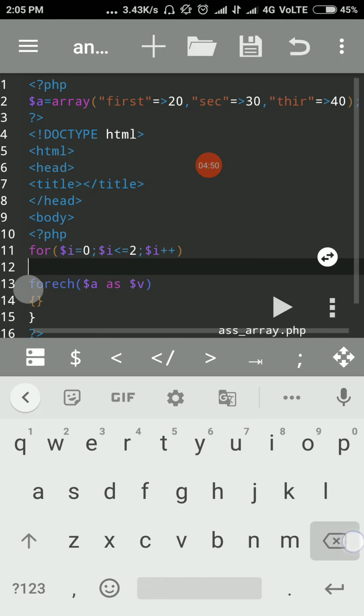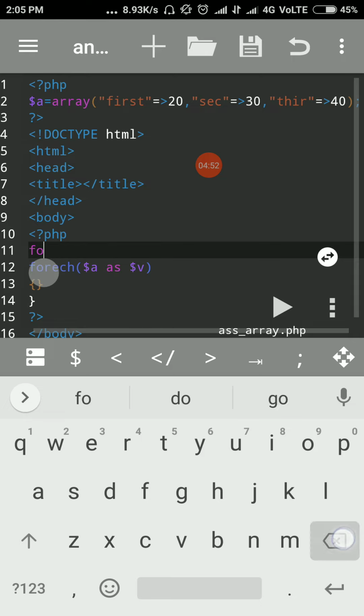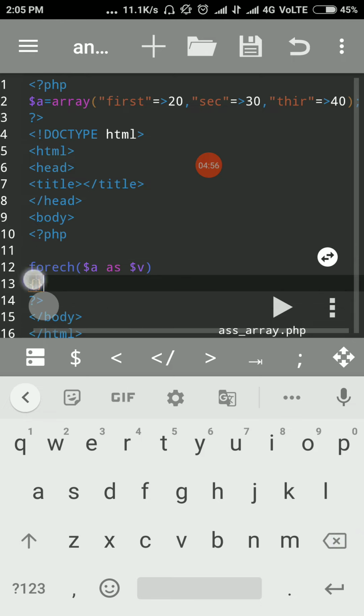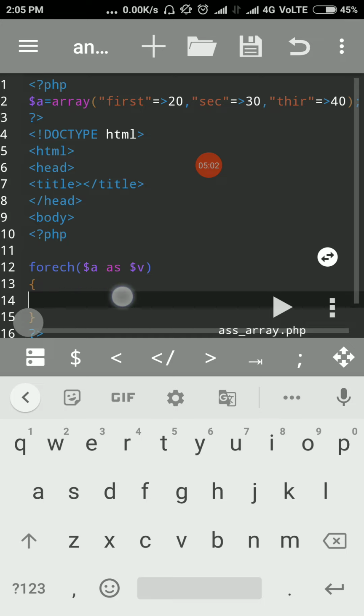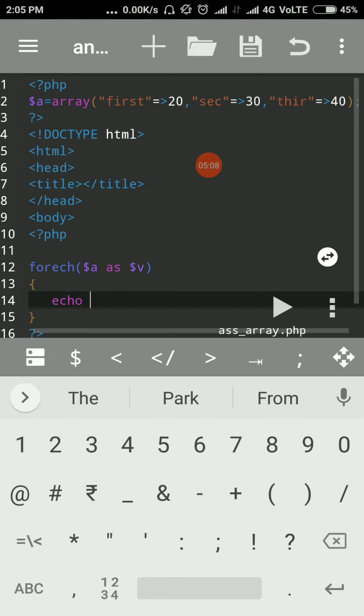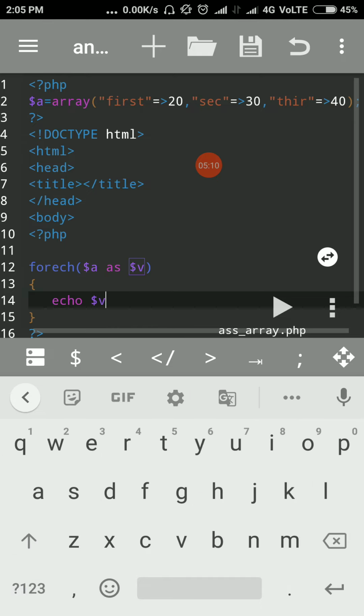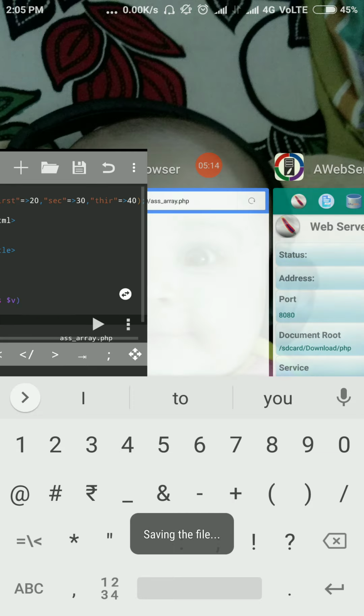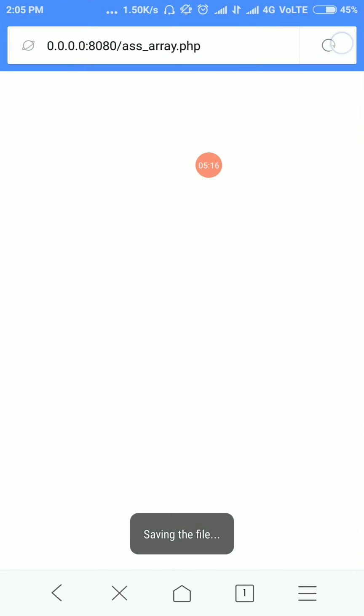So instead of the for loop, we remove this and take the foreach loop here. So echo $v, and then semicolon. We save this file, come to the browser and run this.